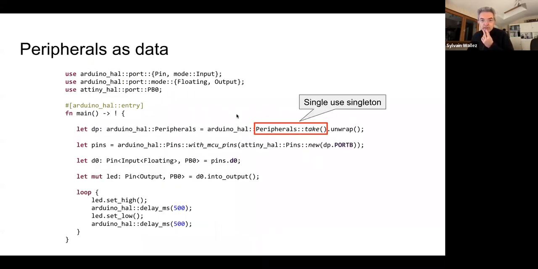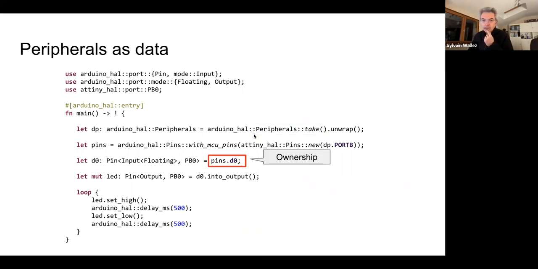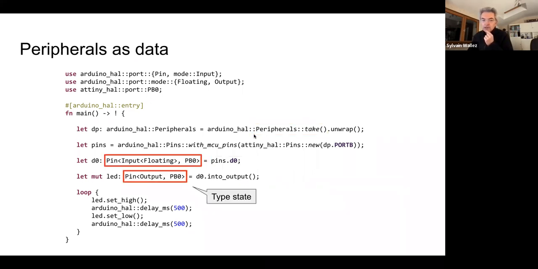So the interesting bit is that, and you will find that on every integration hardware abstraction layer for every microcontroller in the embedded Rust ecosystem, peripherals are a singleton object, and you have to consider them as data. So you use the ownership system, and you use typeset programming to transition a peripheral from one state to the other, and then